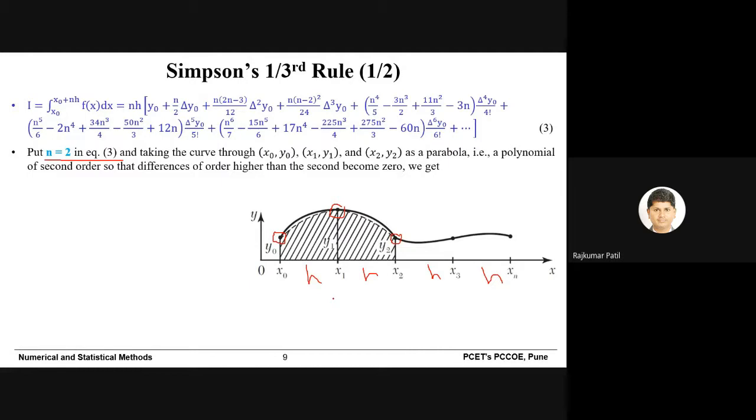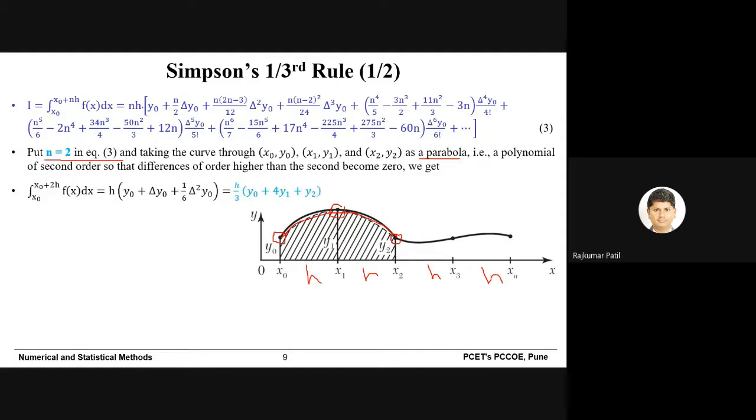So these 3 points we are considering. In the trapezoidal rule we considered 2 points, but here we are considering 3 points, and we are joining these 3 points y0, y1 and y2 by using a parabola. And when we do that,